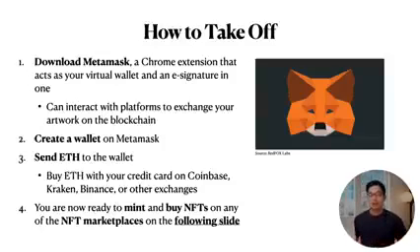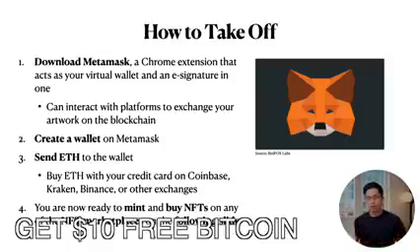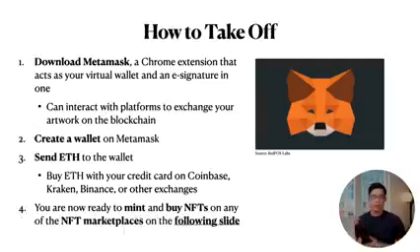So the first step is to download MetaMask, which is a Chrome extension that acts as an all-in-one virtual wallet and e-signature. The second step is you're going to want to create a wallet on MetaMask. And after that, you're going to send Ethereum to that wallet. Now, if you don't have Ethereum yet, you can actually use the link below to buy Ethereum with your credit card on Coinbase. But there are many other exchanges that you can do the same thing with, so you guys are free to pick. And after that, you are now ready to mint and buy NFTs on any of the NFT marketplaces